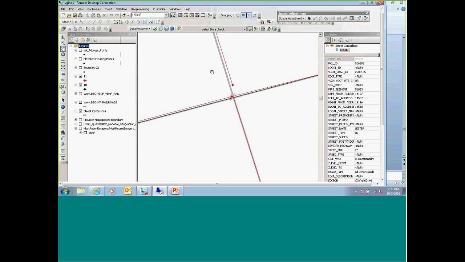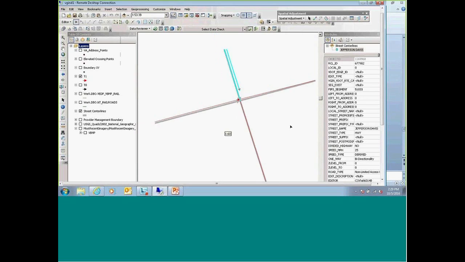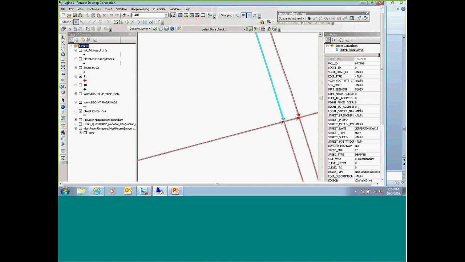So that is another inconsistency. I wouldn't call it an error. It's just an inconsistency that you see normally. But I think they have put Jefferson Davis Highway on there, but there are no address ranges attached. All their address ranges are on this side.